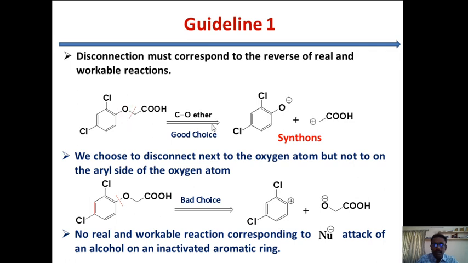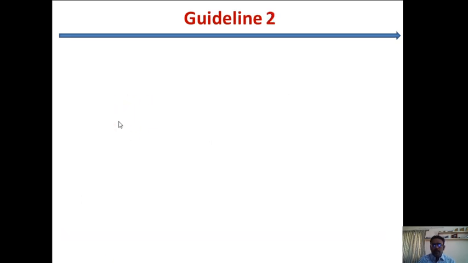So you should remember that whenever you break a bond, you should choose the alkyl heteroatom bond, meaning the alkyl oxygen bond, for the disconnection, and not the aryl oxygen bond. So this is the first point you have to remember. If you are seeing a bond in a molecule where you have a heteroatom, then you will automatically have more than one carbon-heteroatom bond. Suppose you have an alkyl and an aryl group, then you have to go for the alkyl oxygen bond breaking, the disconnection.